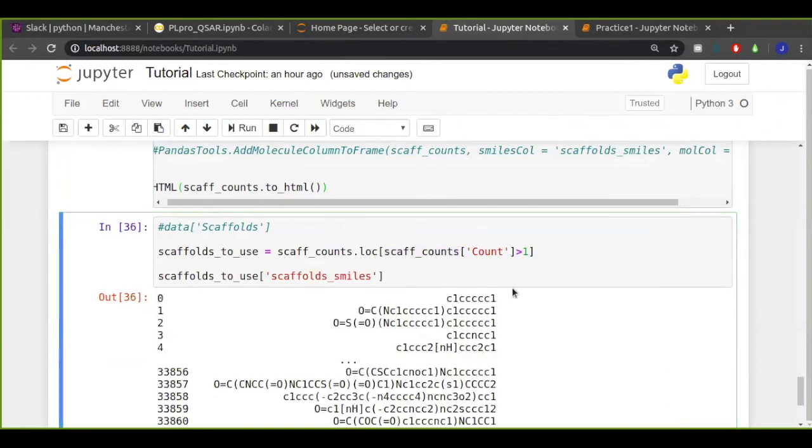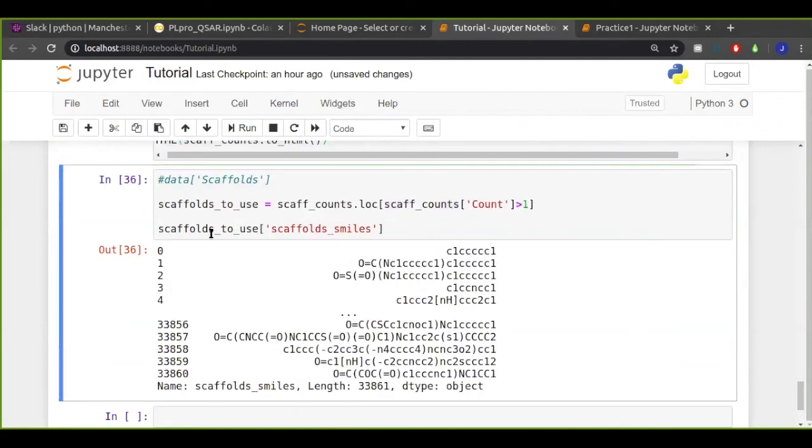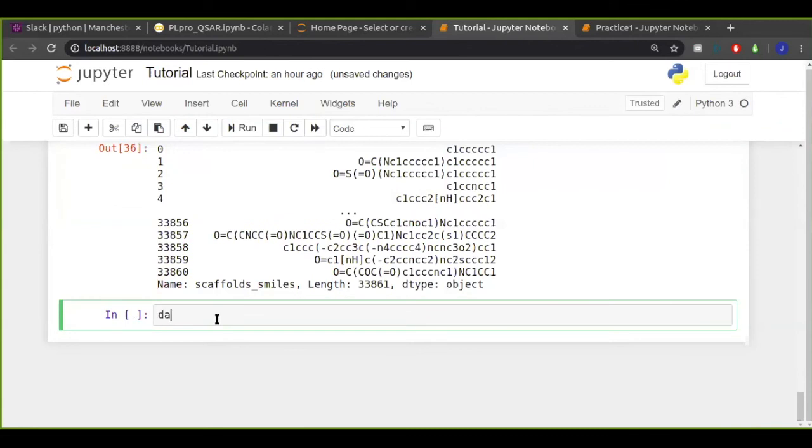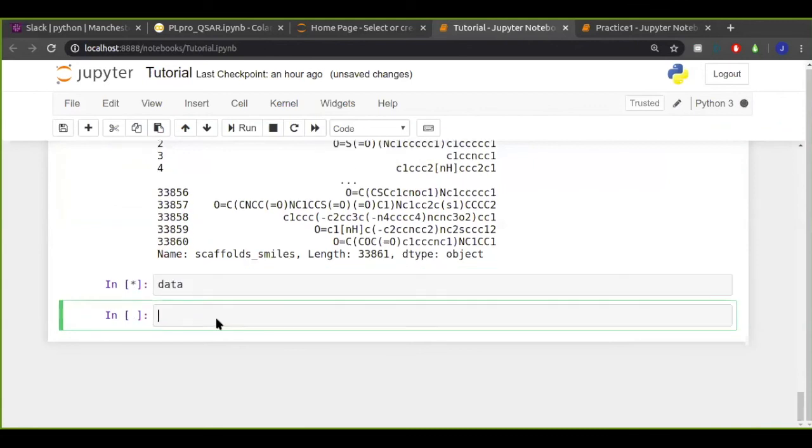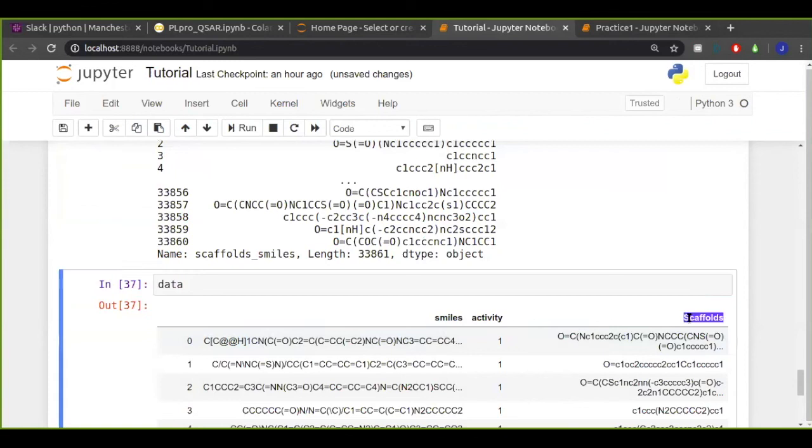So I can find just the scaffolds by narrowing it down to this particular column, and I want to locate the original data set by going data, now what one column's called? Scaffolds.